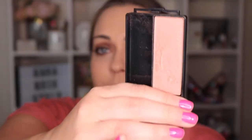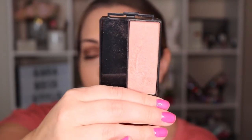Before I get into the one I'm actually going to use, some of their blushes, I kind of just bought this one on a whim. This is the classic color, the 590 Soft Mink. This is one of their individual blushes. I'm really loving this color. It doesn't look like it would be super dark, but it is, and it is also kind of a highlighter. I like wearing this one as more of my weekday one